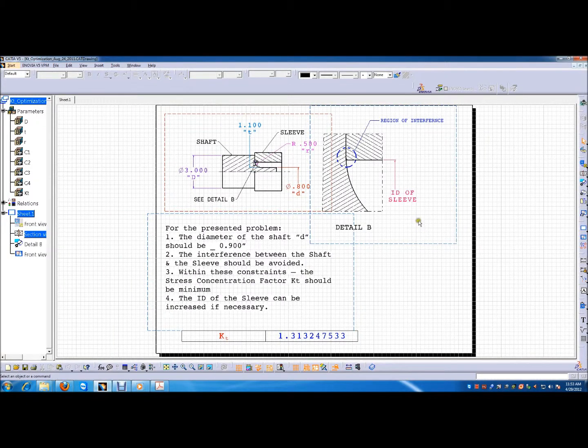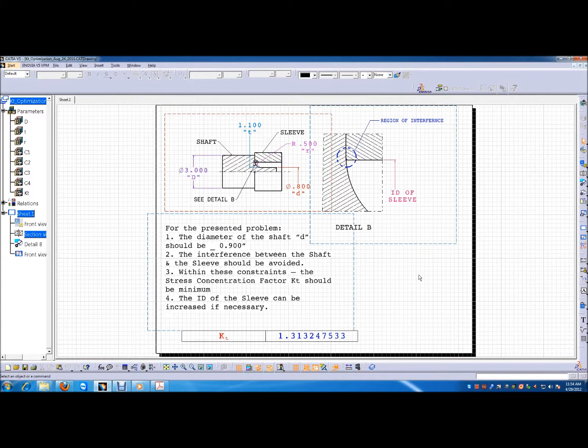But now if you want to avoid interference, the designer comes to know that the inner diameter of the sleeve has to be changed slightly, maybe increased a bit. This demonstrates that with the help of a properly set up drawing and model, we can iterate very fast on the design and come to an estimate of how much stress will be at the fillet and what needs to be done to avoid the interference. You can see that we have done this in a few minutes. If you wanted to do this by creating a finite element model and analyzing it, I am sure it would take at least a couple of hours to come to this location.